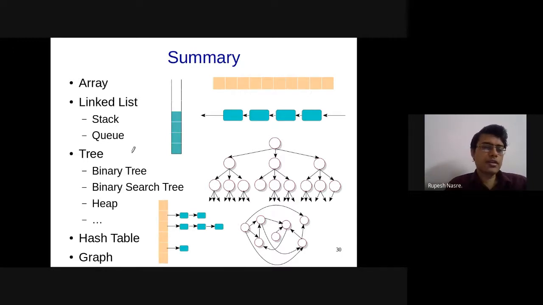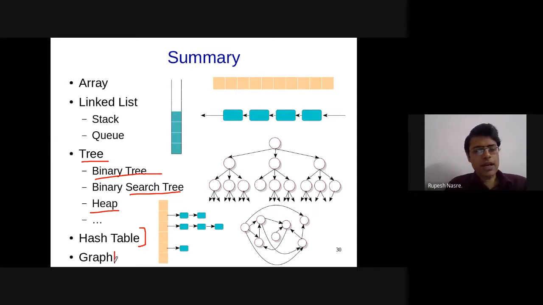Then we looked at nonlinear data structures like trees and hash tables and graphs, where we looked at binary trees, binary search trees, AVL trees, the splay trees. Then we looked at priority queues and also some of the applications of these. For example, we discussed, at least in operating systems, we have these different elements which get inserted and so on. We looked at hash tables, and different techniques in hash tables, linear probing, quadratic probing, etc.